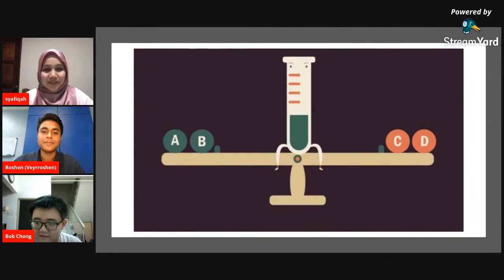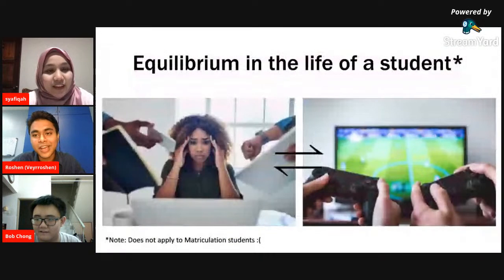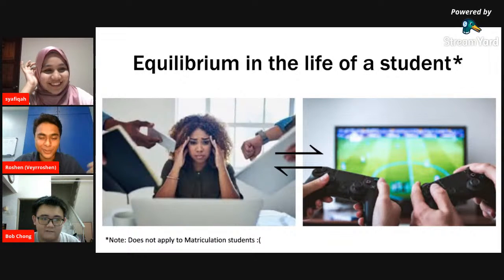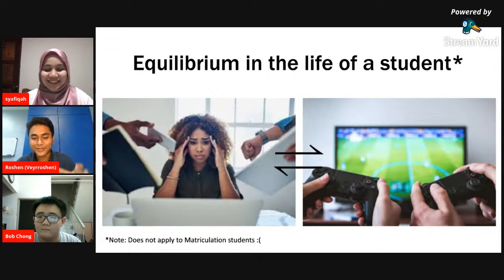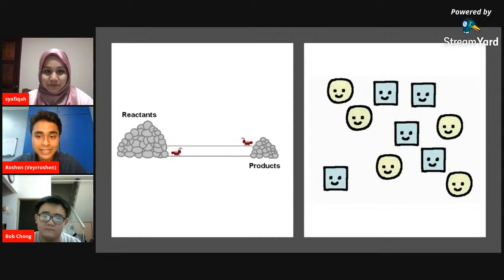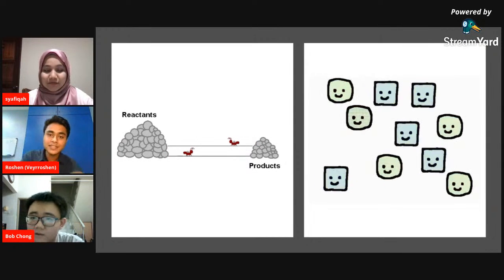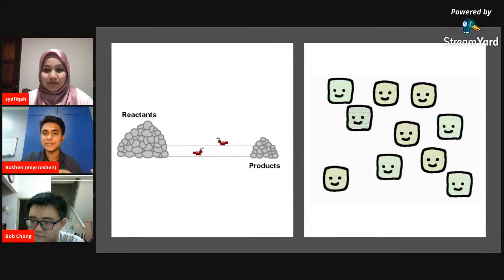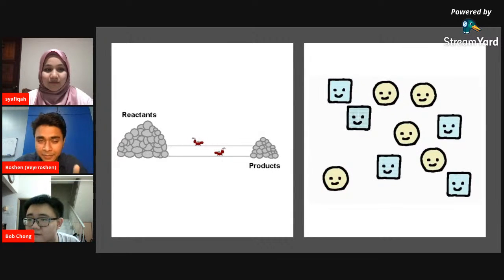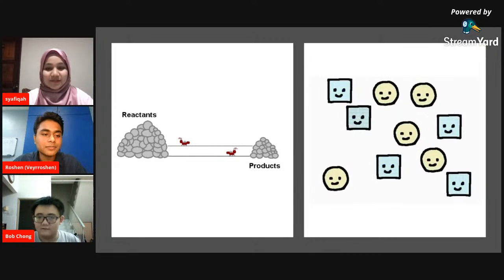So now, okay, Syaf, what do scientists do usually? Menyusahkan kita. Scientists, their job is to sit around and then trouble us students. So what they do is, let's say a reaction is in equilibrium. It's like perfect lah. Reactants become products, then products become reactants again. Nice. So especially this one man, Le Chatelier, what he did was, he was like, let's say